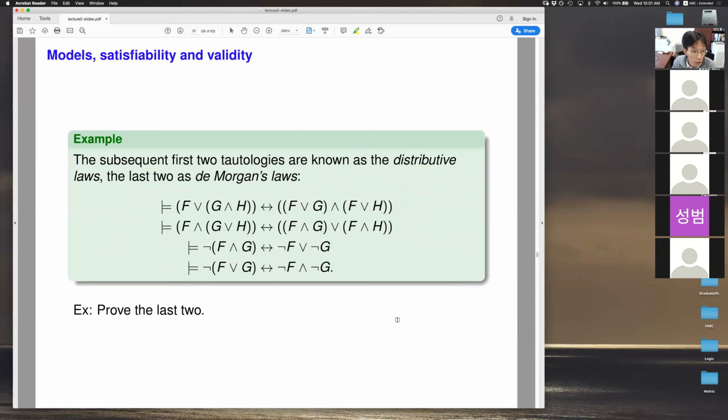which means if you move negation. So De Morgan's law is given here. If you move negation from the outside of the formula to the inside, an AND becomes an OR, and so on. And then also, you may or may not have heard about this distributive law, which means that